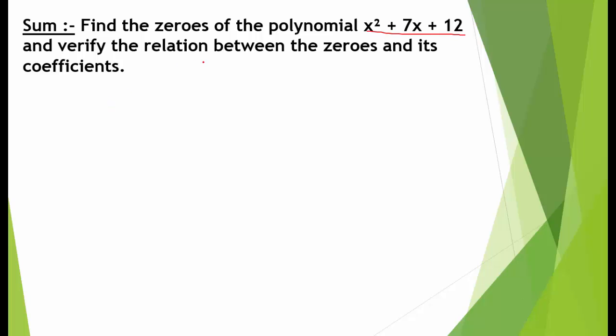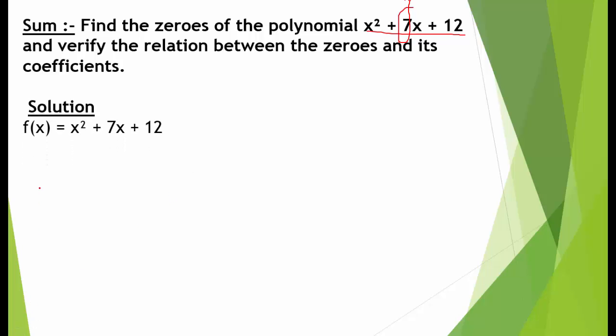this polynomial. In class 9 you have learned the factors method, factorization method. On the basis of factorization method we will find the zeros of this polynomial. Now 12 into 1 is 12. हमें ऐसे 12 के ऐसे फैक्टर बनाने हैं जिनका जो प्रोडक्ट है वो 12 के इक्वल आए और जब उनको ऐड या सब्ट्रैक्ट करें तो 7 आए. That factors are 3 and 4. If we multiply both we will get 12, and if we add then this will be 7.